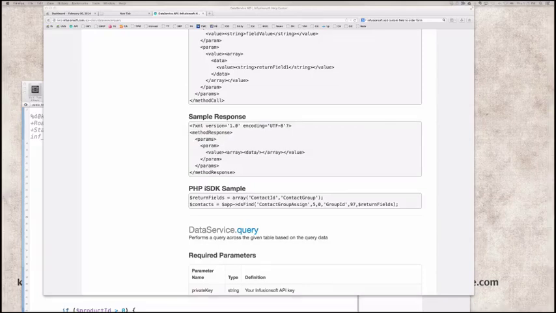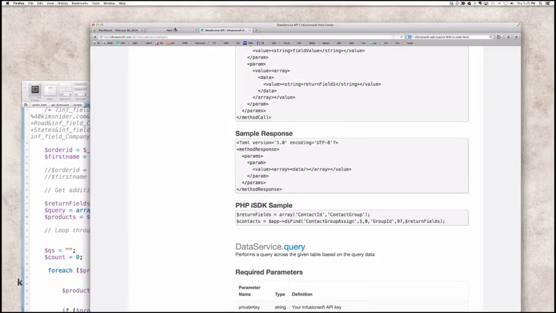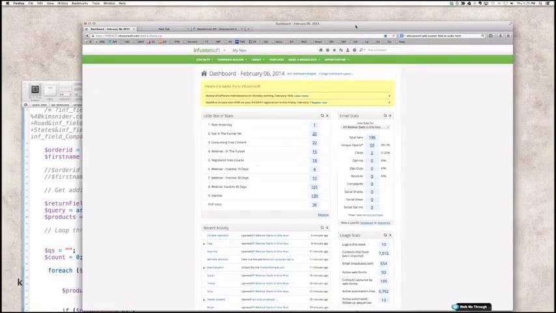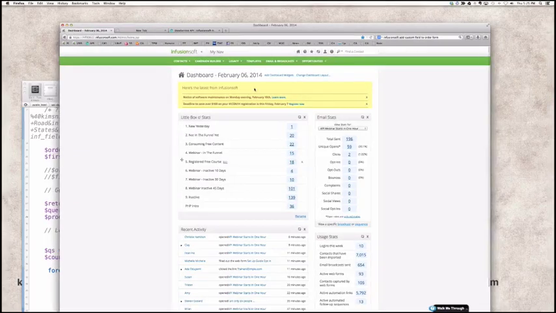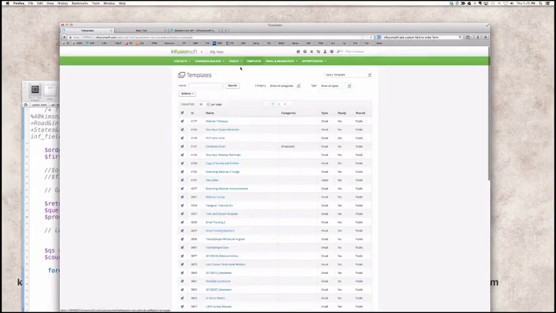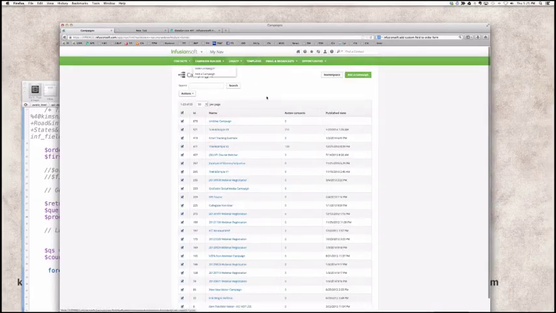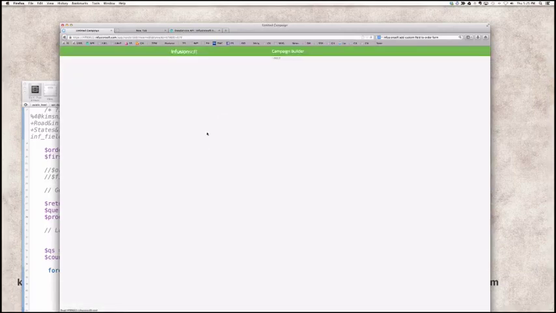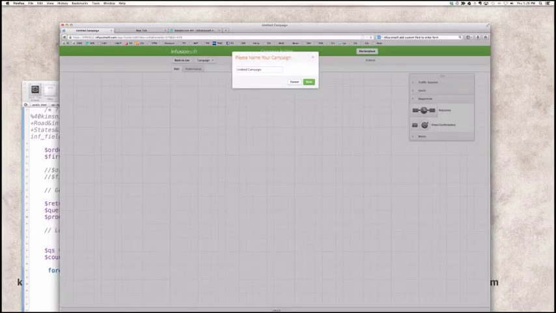Okay, let me go back to where I was. Let's see, what was I doing here? I'm going to go to my app. And I set this email up as a template. But what I'm going to do is go to Campaign Builder and put it in a campaign so that I know,